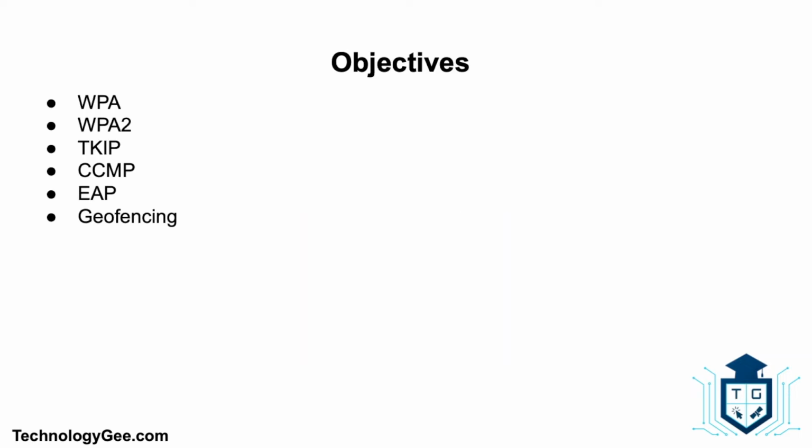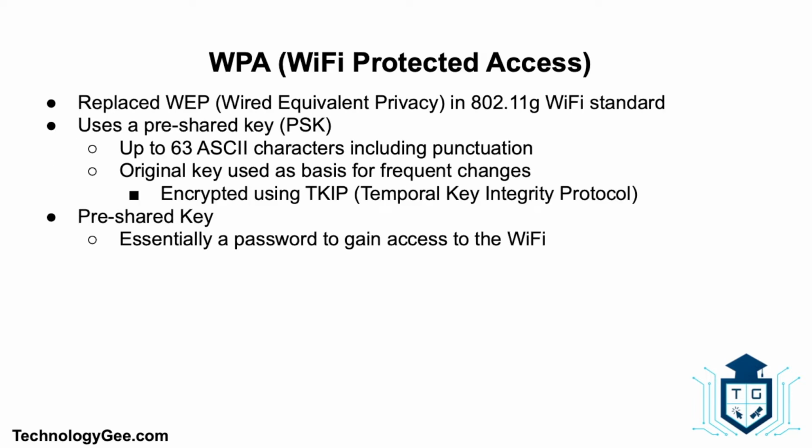In this video, you're going to learn about the basics of wireless network security such as WPA, WPA2, TKIP, CCMP, EAP, and geofencing. Let's talk about Wi-Fi Protected Access, an encryption standard that replaced WEP, or Wired Equivalent Privacy,